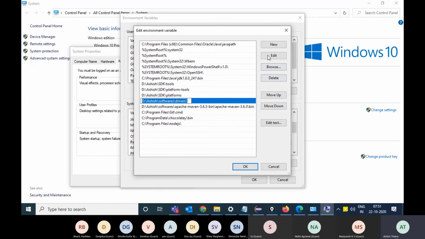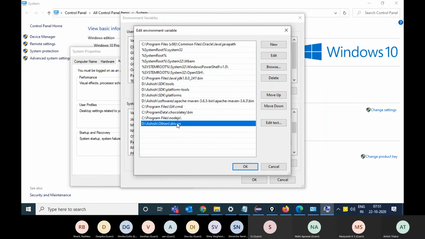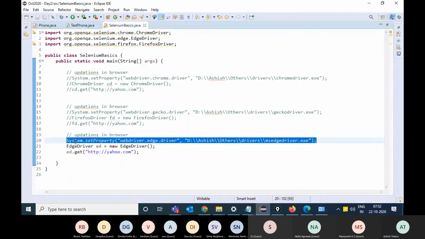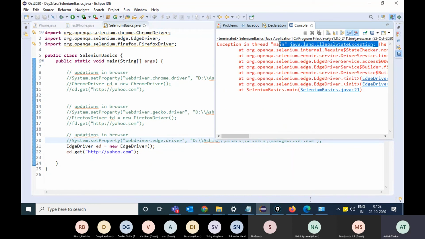Fine, and you click on OK, OK. If I remove this line now and run it, I will get an error. I will have to restart my PC.